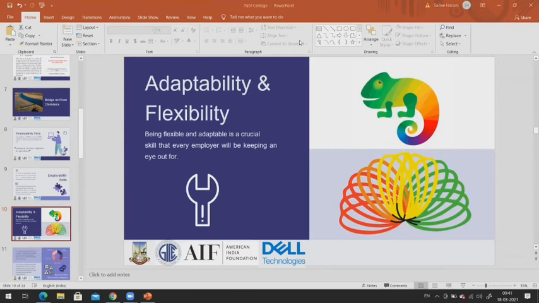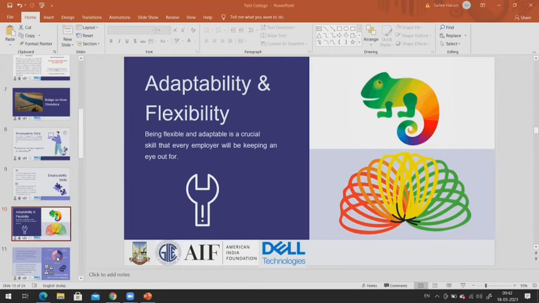So what I'm trying to say over here is that ye pandemic hua, but we didn't stop ourselves. We adapted to it and we became flexible to it. Now, hence the ability to be adaptive and flexible is very important. Whether you like it or not, change is a big part of the new era, and we are the generation who has experienced it on a major level because of the pandemic.